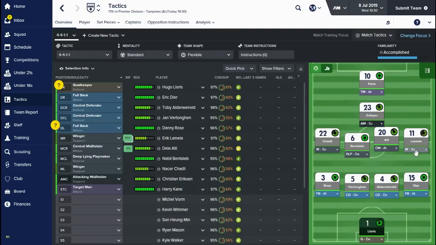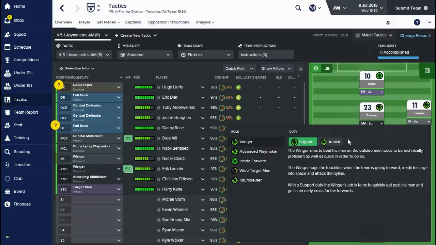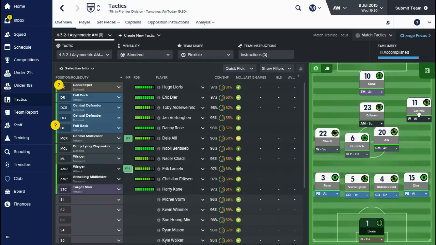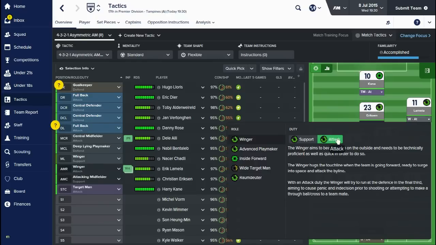To make sure that you don't get caught out on the wings, what you want to be doing is making sure that your right midfielder, because Eric Dyer in reality is going to be up here, there's no point having a winger on the attack duty. If you have a winger on the attack duty, guys, he's just going to be forward basically all the time,